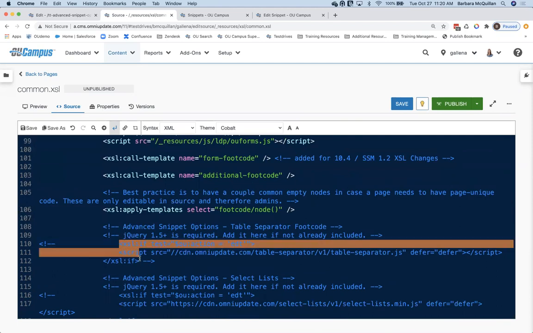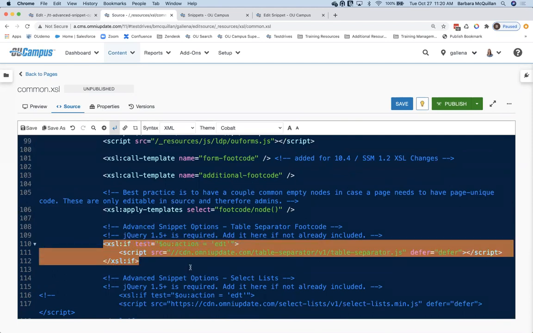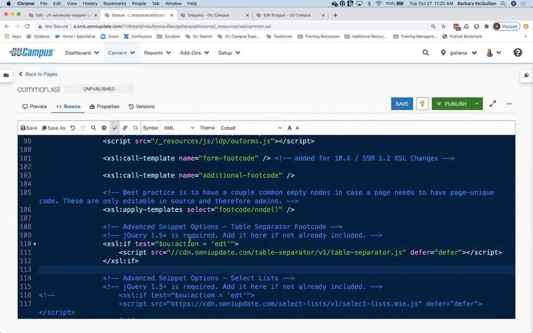I'm also going to add in one more here. So this here, again, only when I'm in edit mode, is going to add in some JavaScript that I'm pulling down from our CDN. So it's coming directly from the Omni Update global sources. This particular table separator does require jQuery of 1.5 or higher.